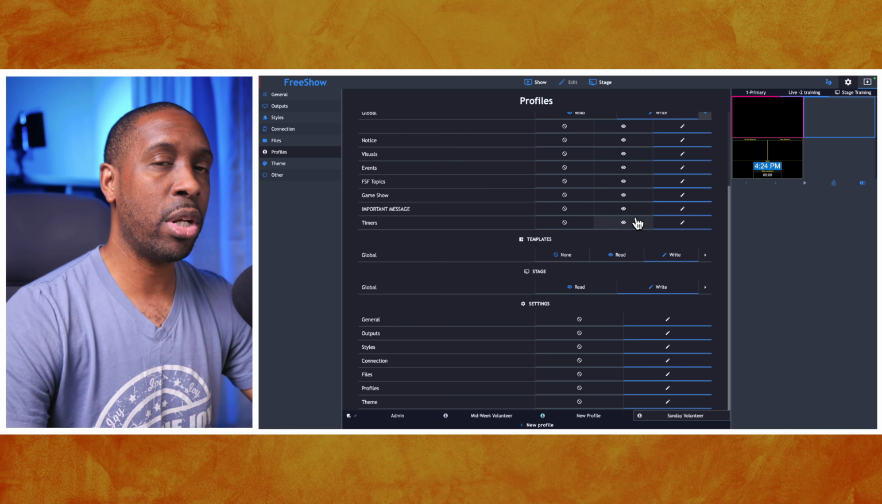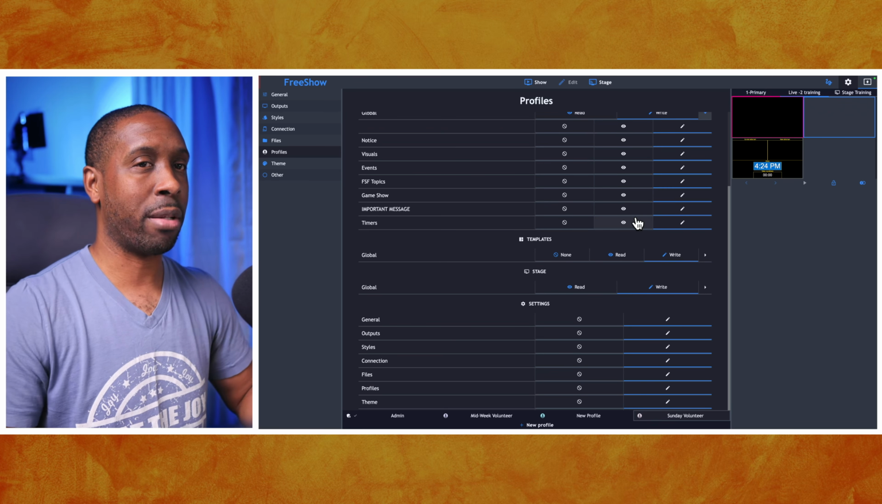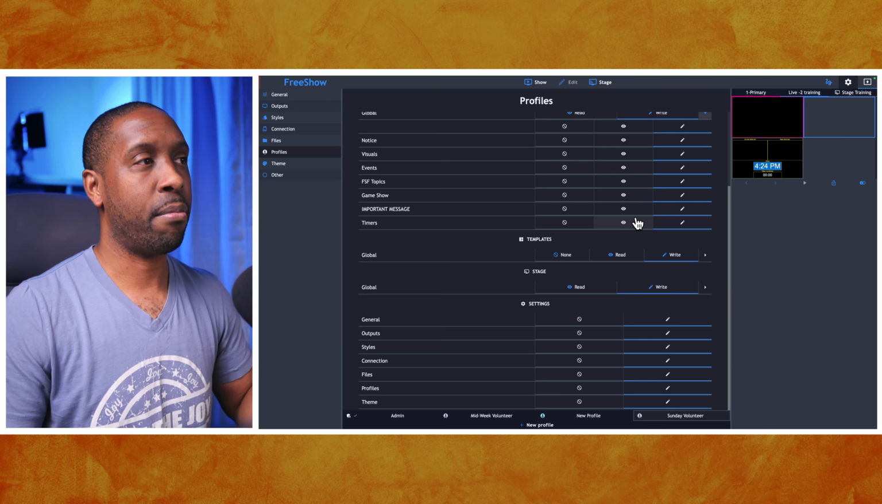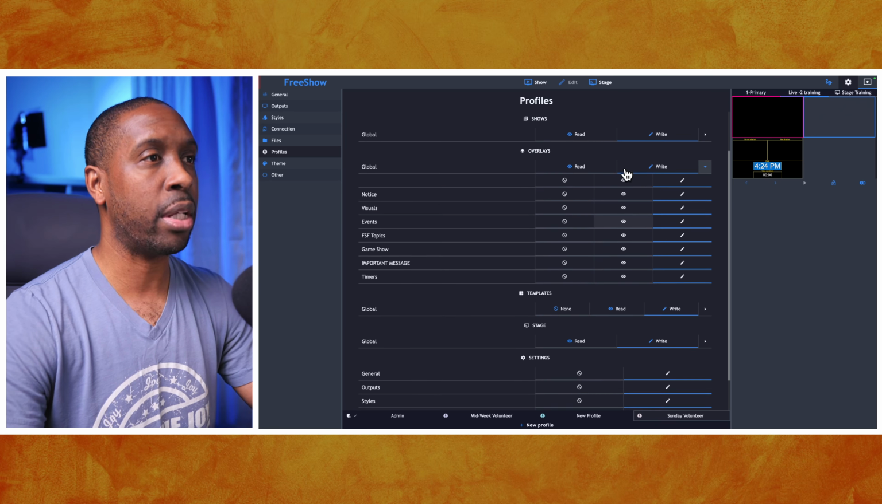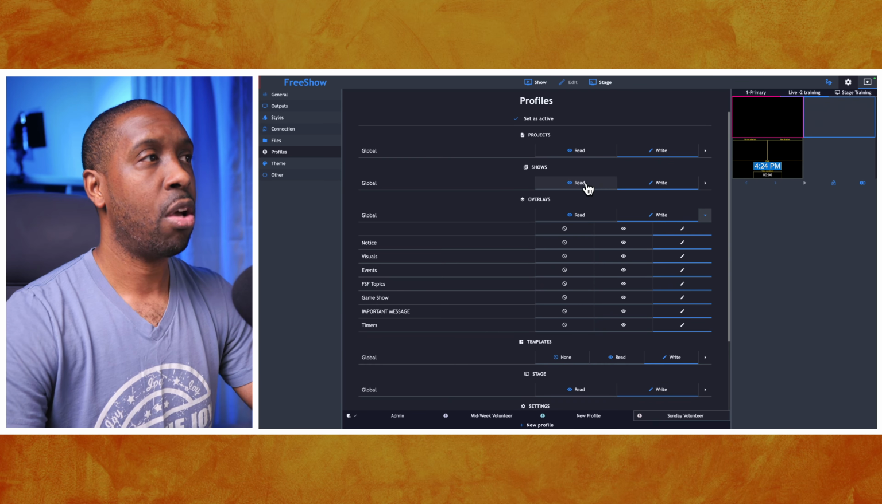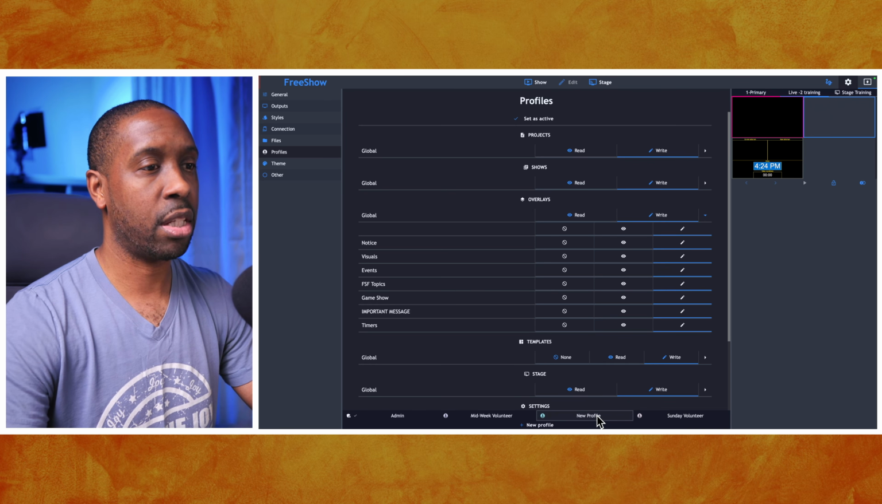And so this is a really, really good way to kind of safeguard the program from losing items and things like that. So you can set it to where it can read only. And so if we say for shows, if we set a universal option for read the shows only under our, this is our Sunday volunteer. Let's go to new profile. We say read only for shows, read only for